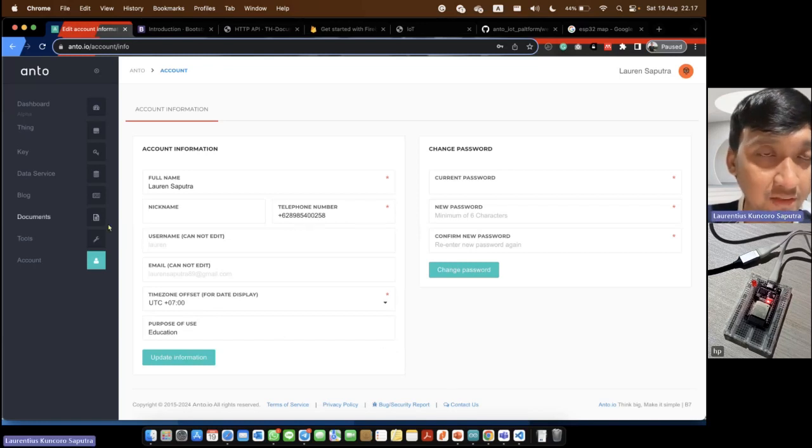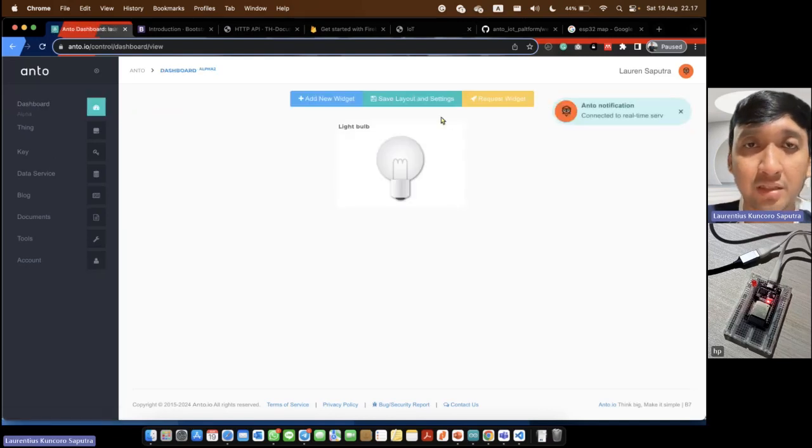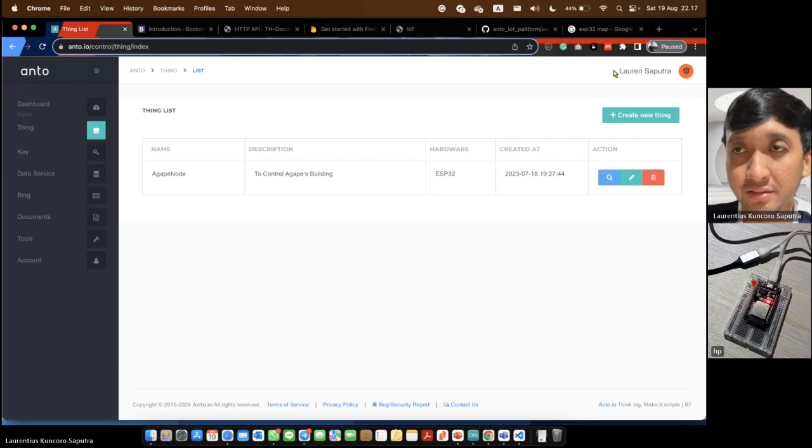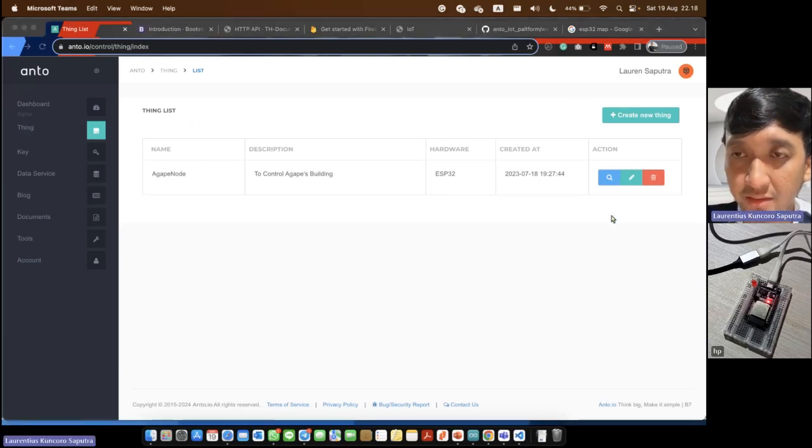So I will explain its menu in this Anto.io. In dashboard, we can make or add widgets that simulate the things that we will control or get data from. And things, we can register our thing in this menu.